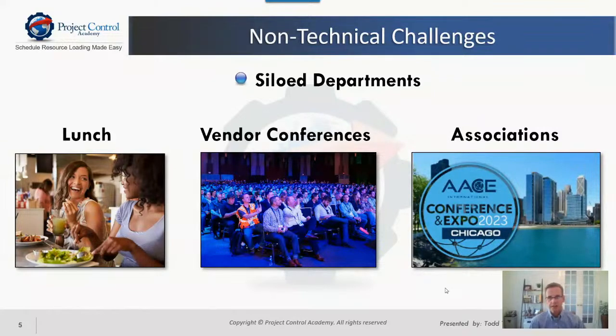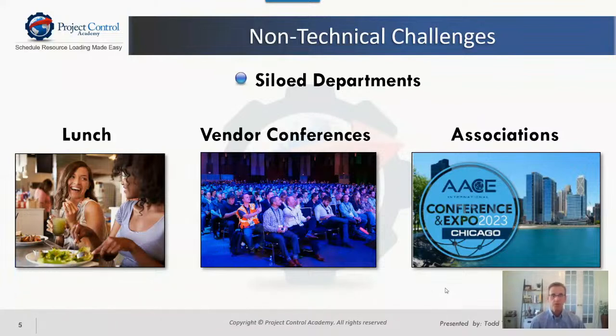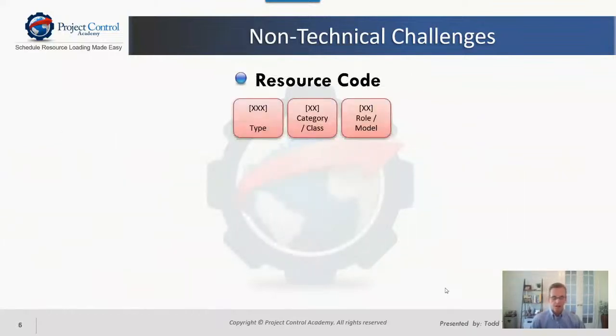And then same with the associations, right? So AACE is a great one, focused on project controls. In this case, obviously it covers all areas of project control. So perfect to get cross-functional team to all go and attend and work on kind of tackling these challenges together. Because, and the reason I'm kind of elaborating on this is that you can have the greatest systems and the coding structures I'm going to go over, but if you can't get everyone to kind of work together, it won't really work. So that obviously is key.